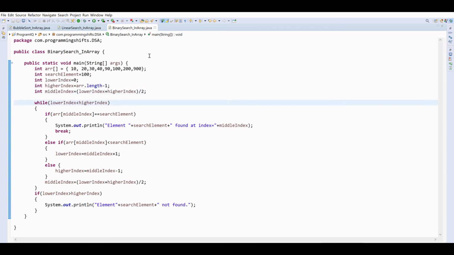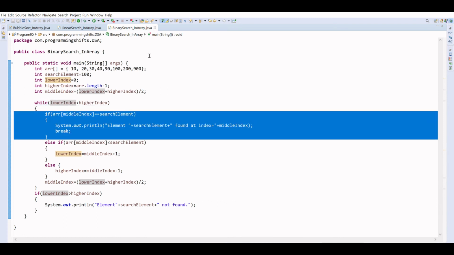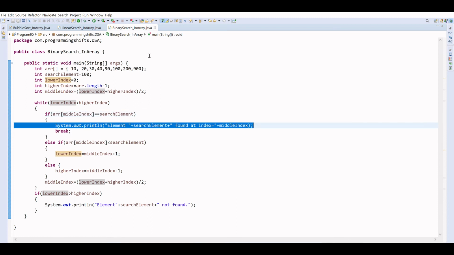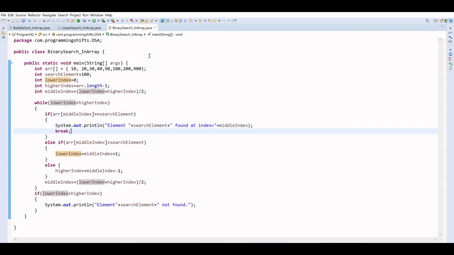Now we use a while loop, because as long as the lowest index is less than or equal to the highest index, we have to keep looping. The first condition: if the element is at mid, we print a message that the element was found at the middle index.